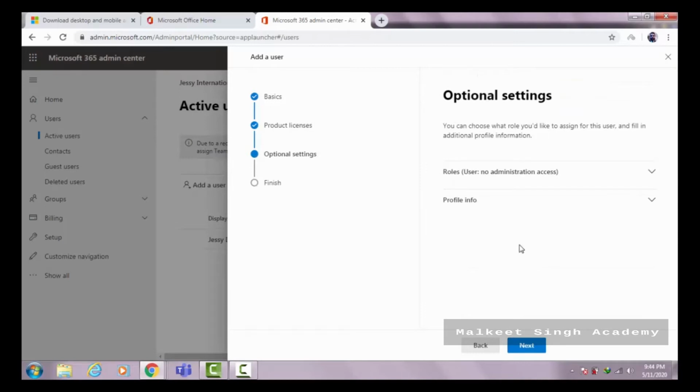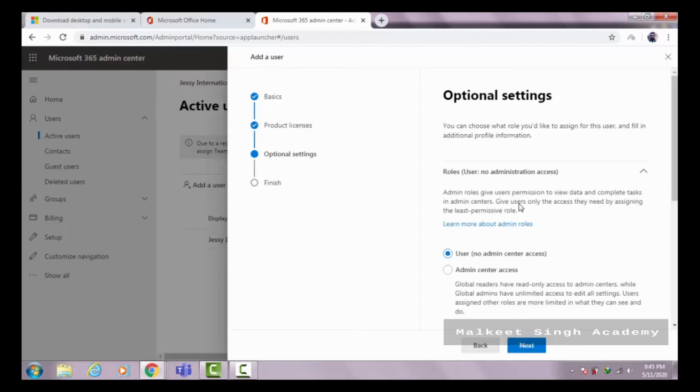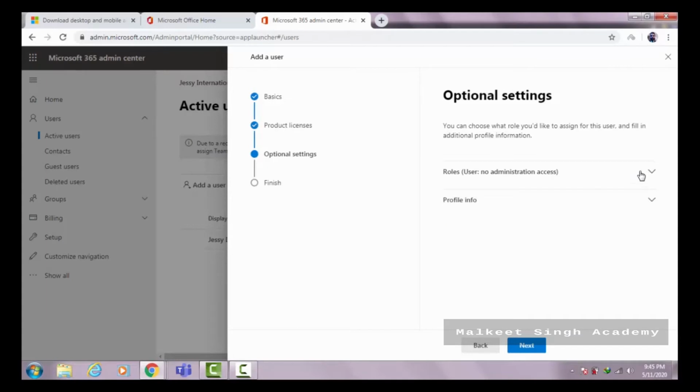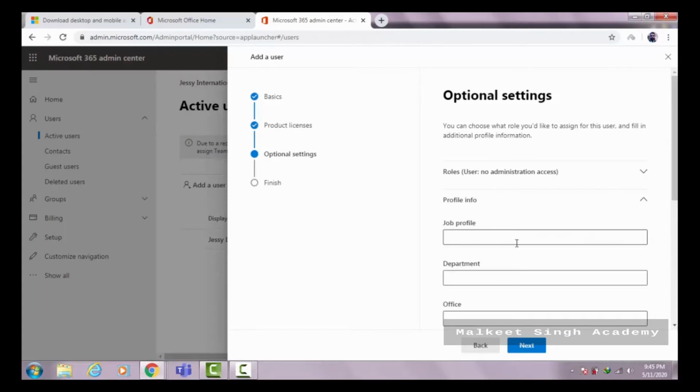These are the optional settings. If you want to give them administration access, you can provide it here, but I'm not giving her the administration access. Profile info is the information regarding the job profile.